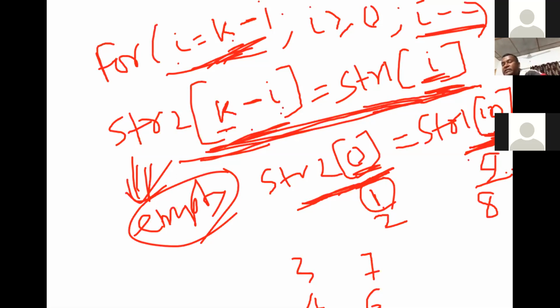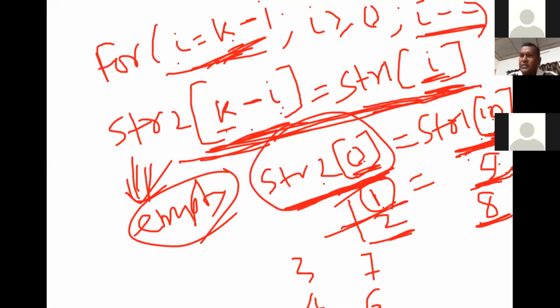So this logic should come from your side. Okay, you're getting this. The new string positions should be 0 1 2 3, equal to 10 9 8. Means the value available in string 1 at position 10 will be available where? String 2 position 0. The value of position 9 in string 1 is available in position 1. The value of position 8 will be available in position 2. Finally, what happened? The string became reverse. This is your reverse string.